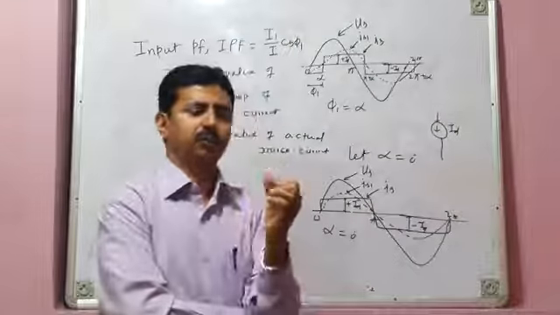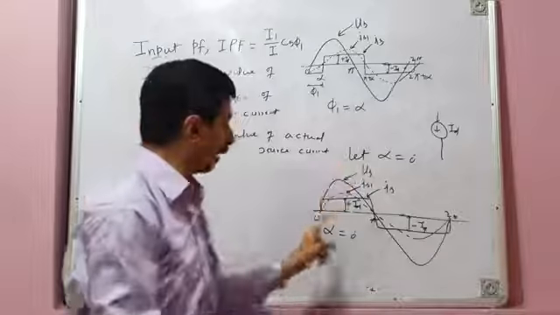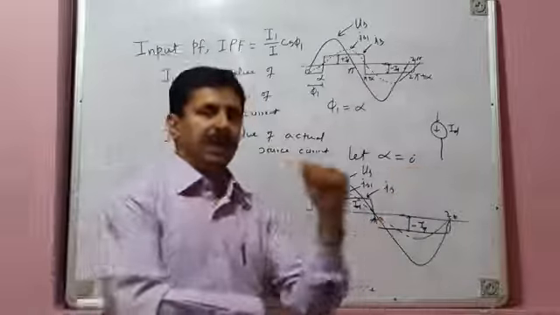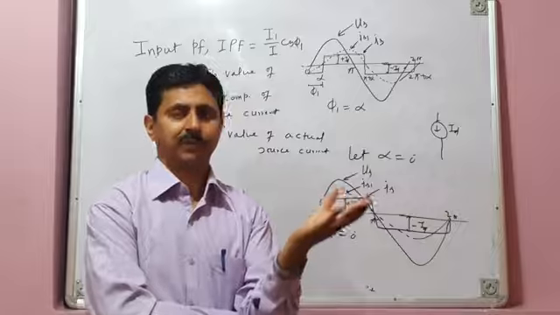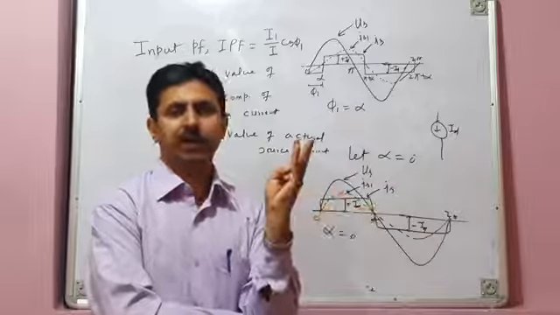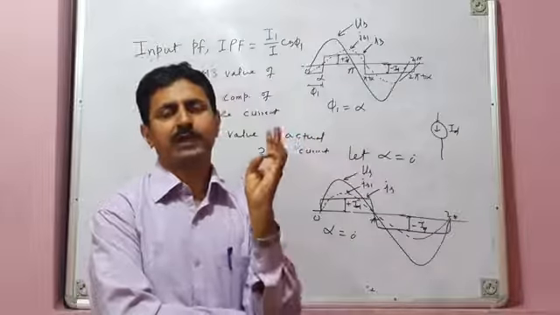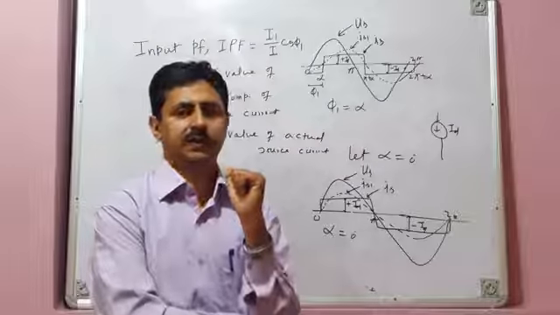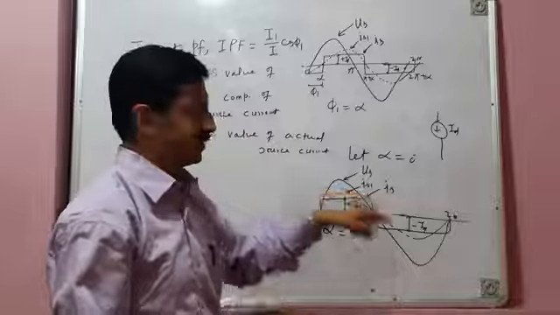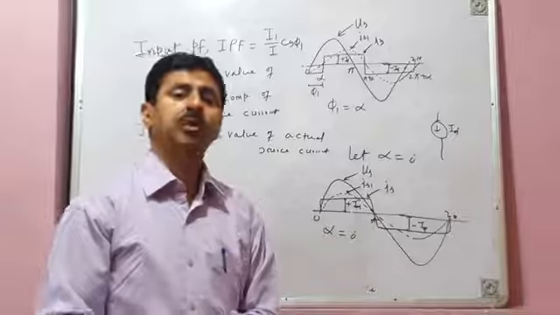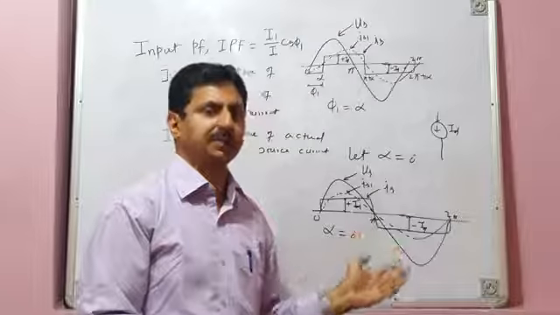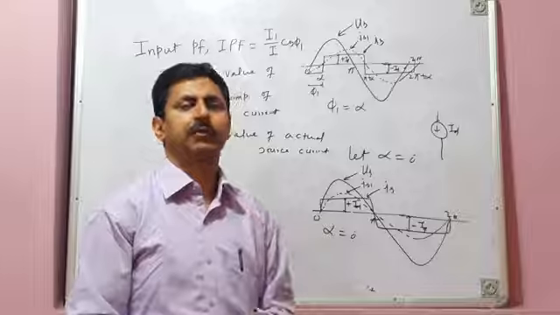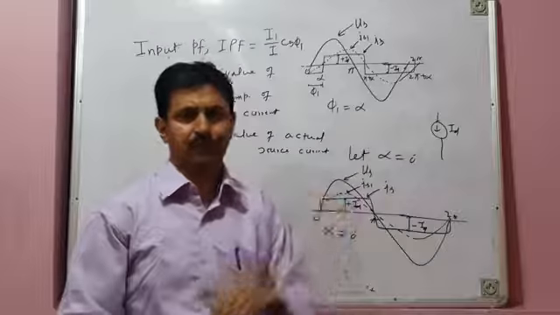And if you apply the Fourier series, it will comprise a fundamental component, which is this, and a series of harmonics. It will have odd harmonics: third harmonic, fifth harmonic, seventh, ninth, 11th, 13th, and other higher order harmonics. So all odd harmonics will be present. The third harmonic component will have a frequency of 3 times the fundamental, the fifth harmonic component 5 times the fundamental, and so on.